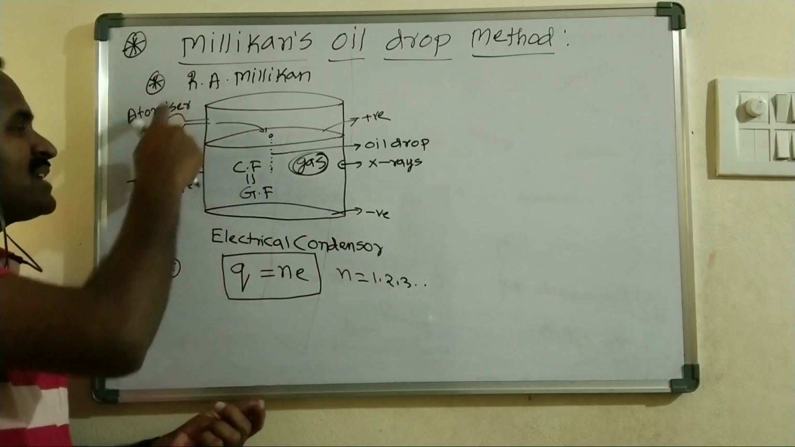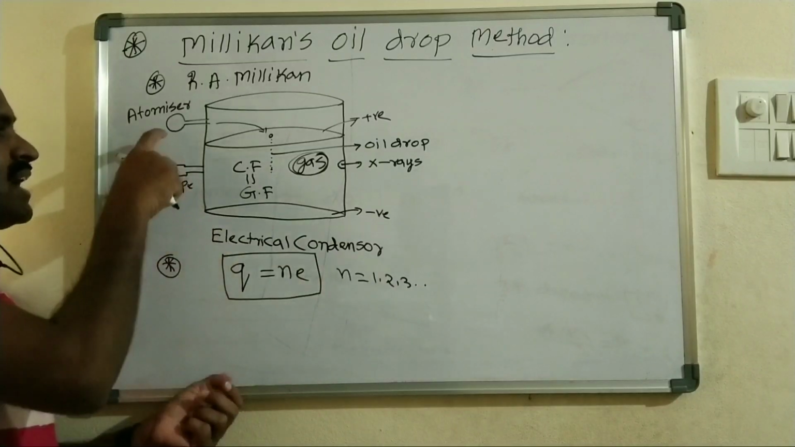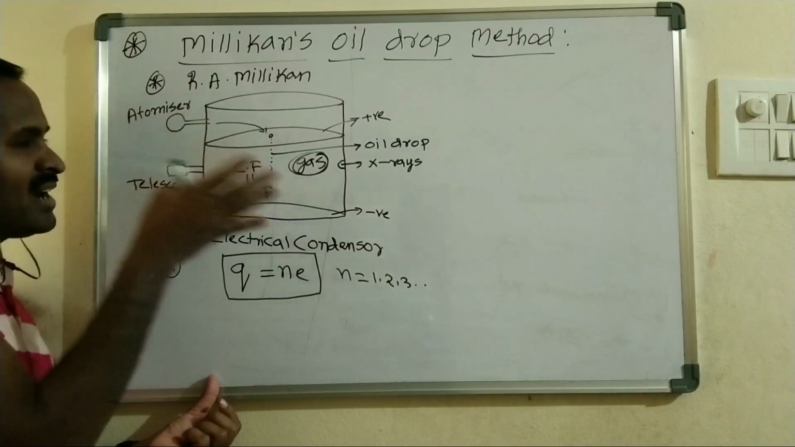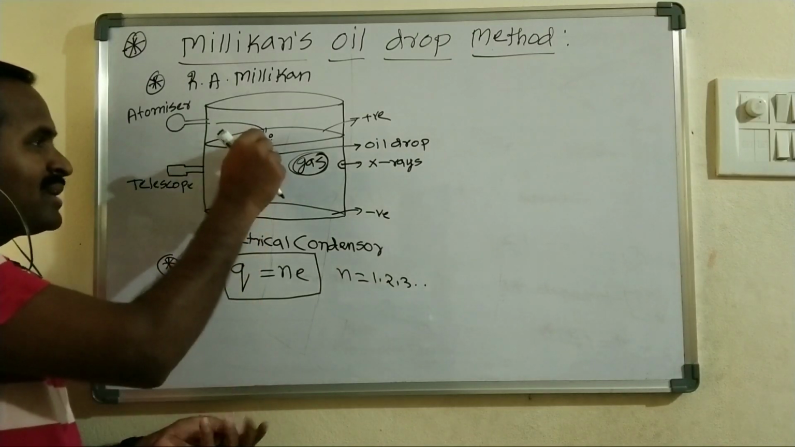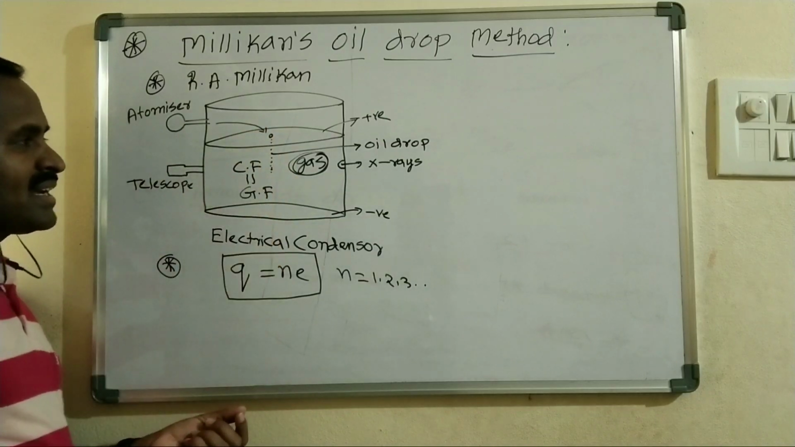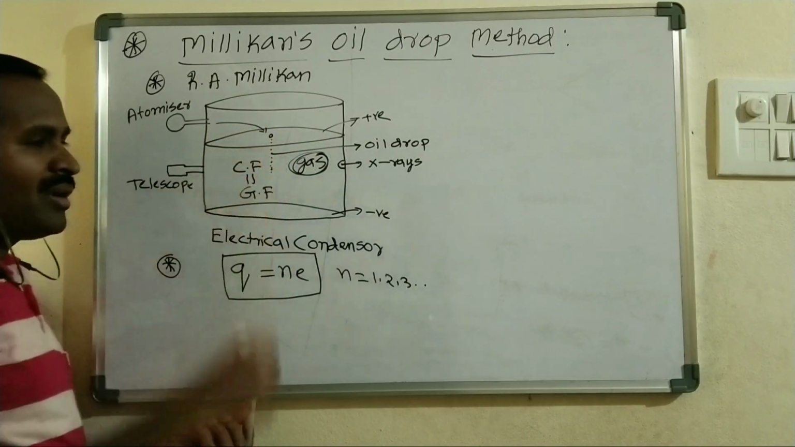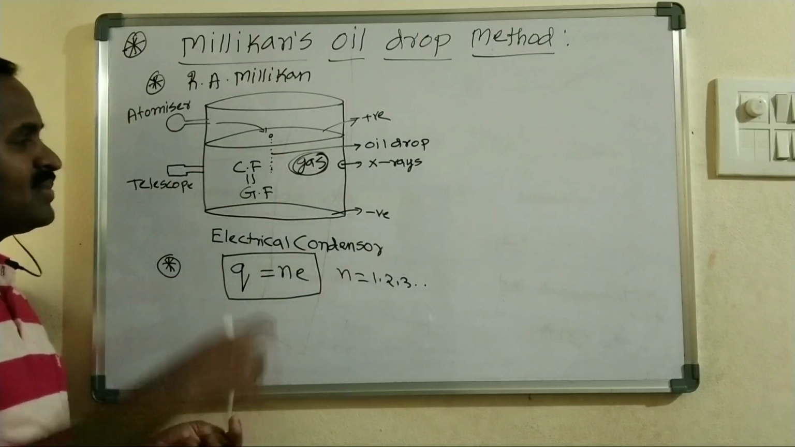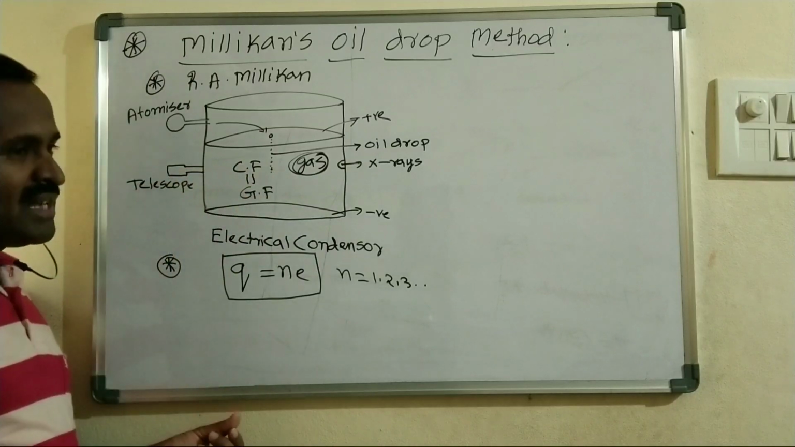And the atomizer is fitted. This side is the telescope. Here X-rays are there, right? This atomizer will produce oil droplets in the form of mist, and these oil droplets are going to fall inside the electrical condenser through a small hole. When they fall into the electrical condenser, the motion of the oil droplet is observed under the telescope,